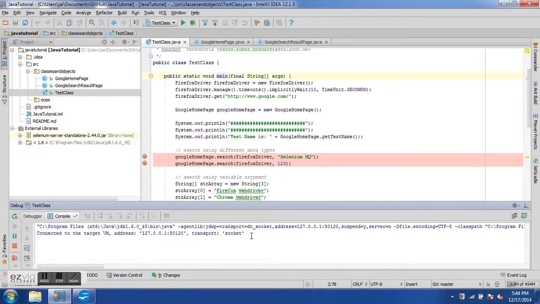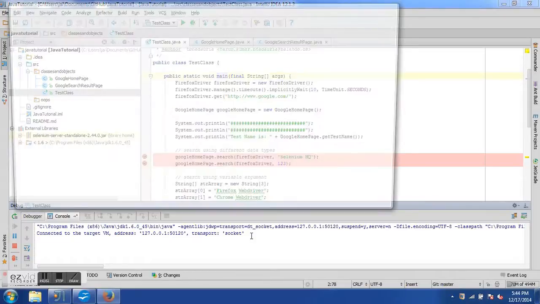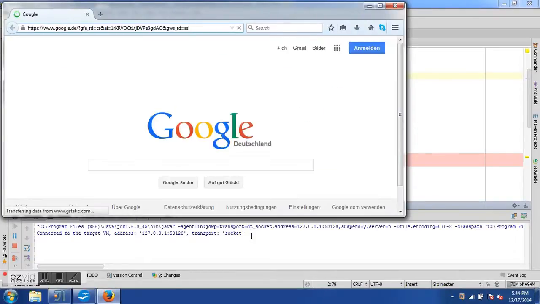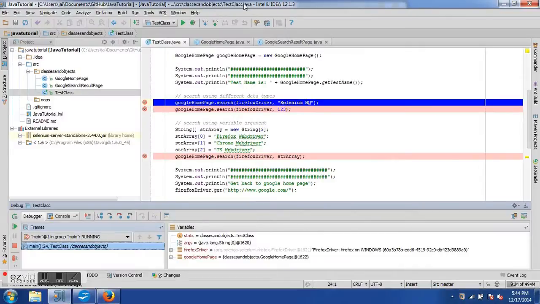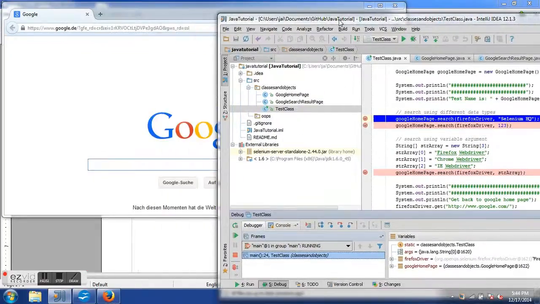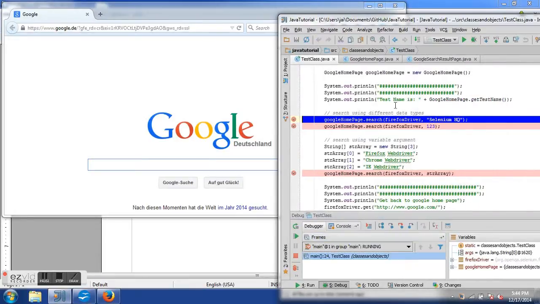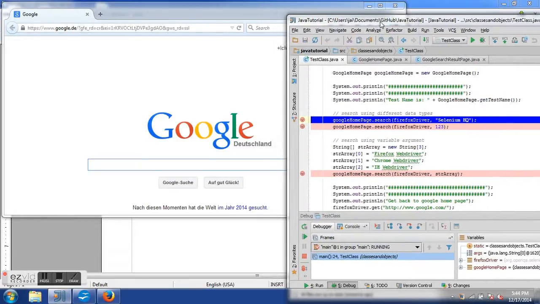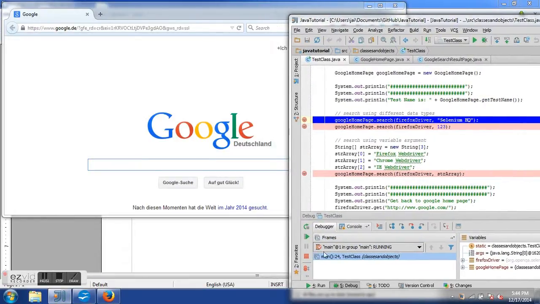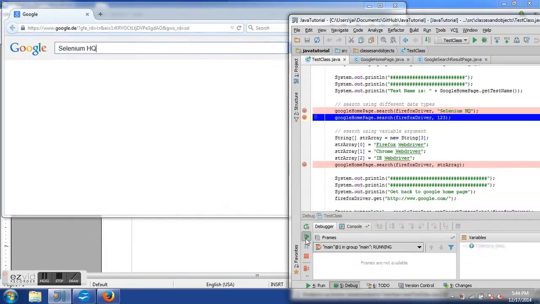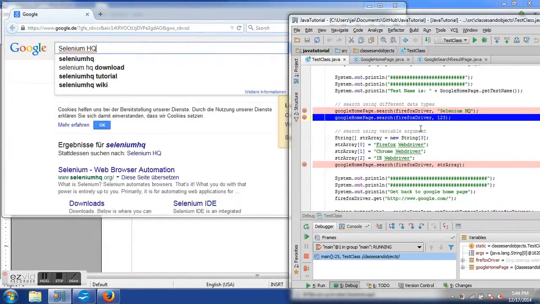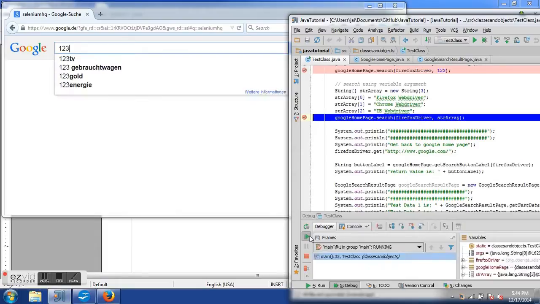It has begun now, and we should see Firefox coming up in a while. And here comes the Firefox, here comes the Google. Okay, so control comes back to the first debug point. Let me move it to a side so that we can see more. So the first search term is Selenium headquarters, so we would see Selenium headquarters being typed. Yeah, and the next search term is 123, but since we clear the text box, the first text box would be cleared, and then we would see 123 being typed,